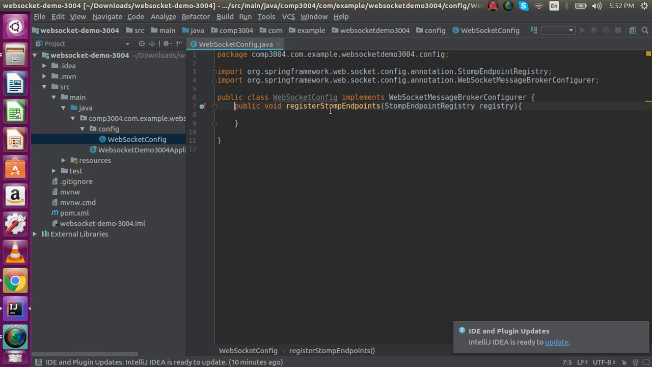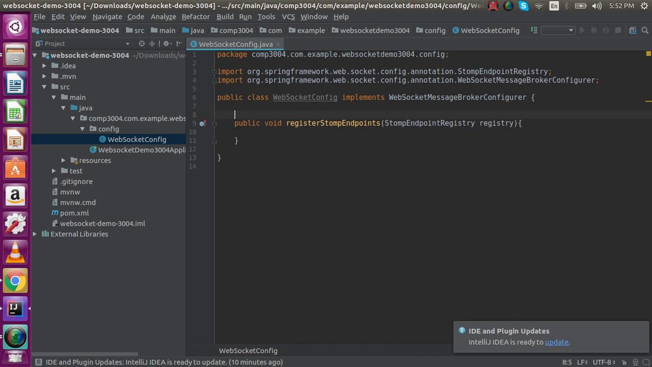Okay, so we need to override this method. So as this is a method of this class which we are implementing, we need to write this @Override in front of this method. So what this thing does is that